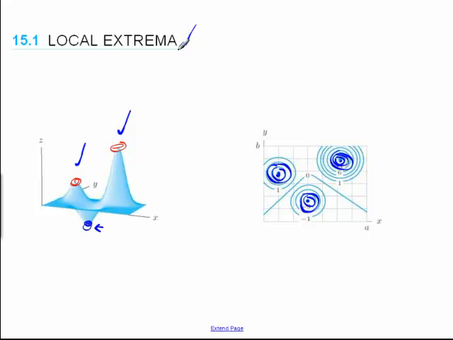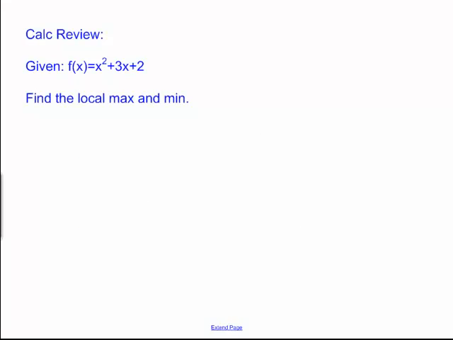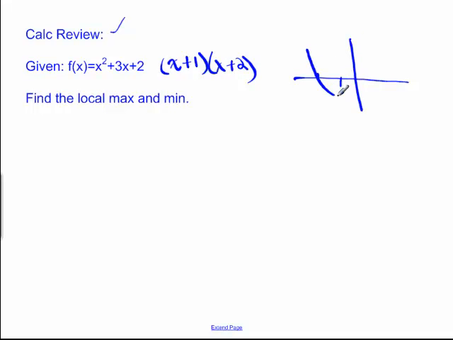So we want to look at how do we identify local extrema given some function. Well, let's start off with a little bit of single variable calculus review. So in this function here, which is, if we factored it, so that we can think about its zeros. So in this two-dimensional graph, if I wanted to find the local max and min, or in this case only the local min,